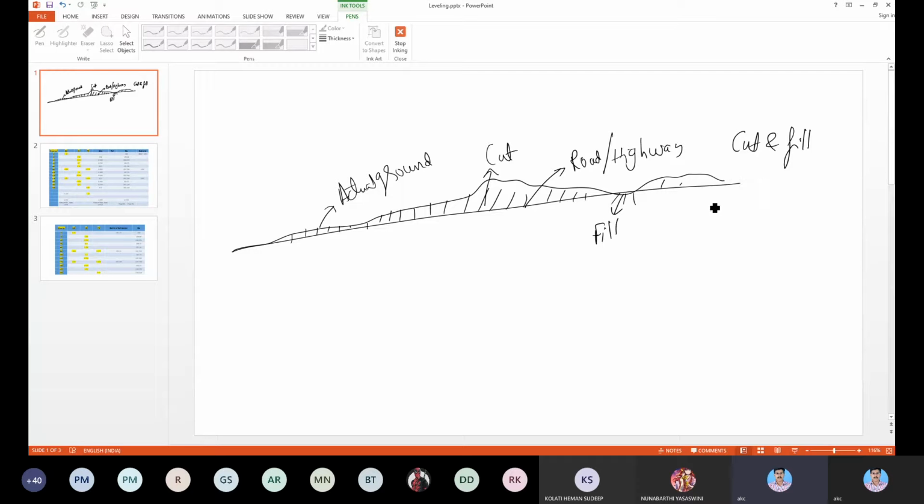Basically, you will study the geometric design of roads. In the geometric design, you decide how the geometry of the highway should be so that the rider can ride comfortably. If you design a highway for a speed of 100 km per hour, let's say, the rider should be able to reach this speed without any difficulties.